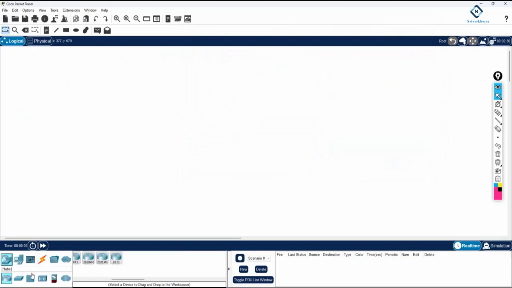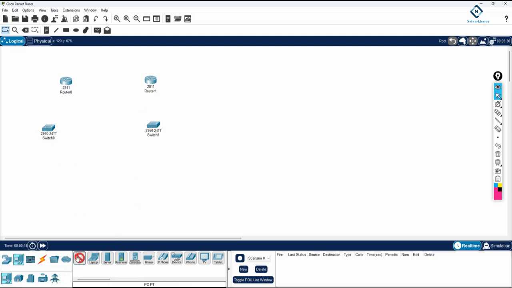Lab. So for OSPF we need two routers. I will take one router here, one router here, and we will take two switches. Then we need some computers, two computers here, two computers here, and now we will connect. So here to here we will connect, from here to here,